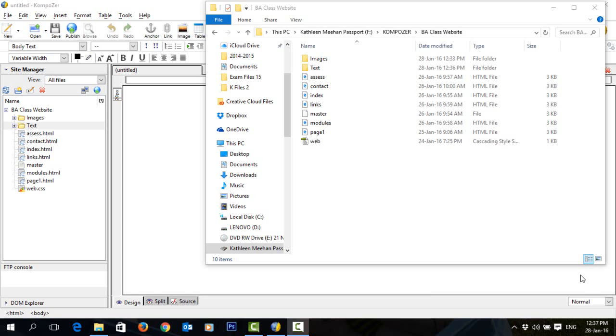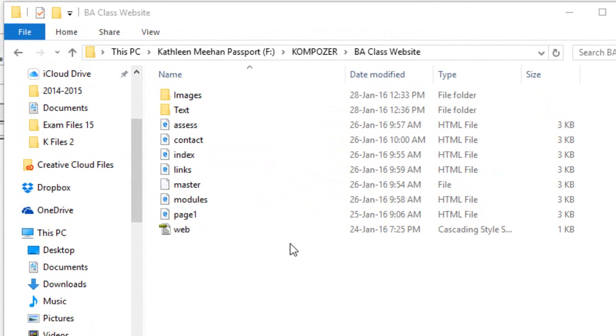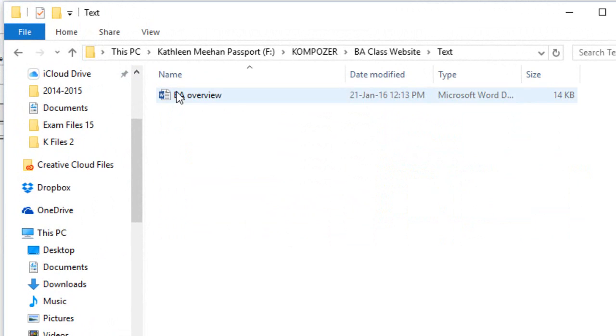Okay, so we're now going to continue on and to complete the pages that we've just created. So the first page that we're going to complete is the home page, and so that I can actually concentrate on the web pages, I've created text previously and done my research. So go and open up the folder where your files are, go into your text folder and open up your